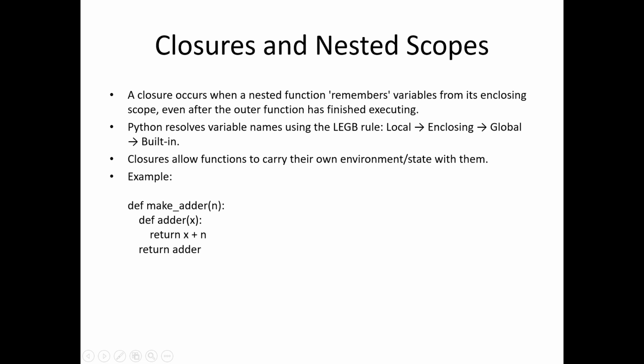It's closures and nested scopes. Closures happen when a nested function remembers the variables from its enclosing scope even after the function has finished executing. Python resolves variable names using the LEGB rule. L stands for local, E stands for enclosing, G for global, and B for built-in. Closures are powerful because they allow a function to carry its own data state with it, like objects, but more